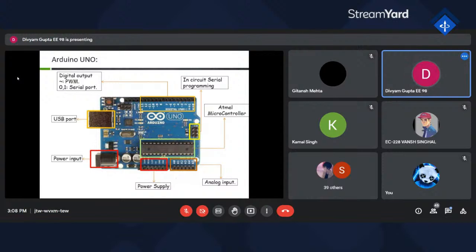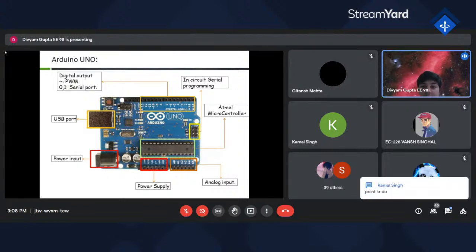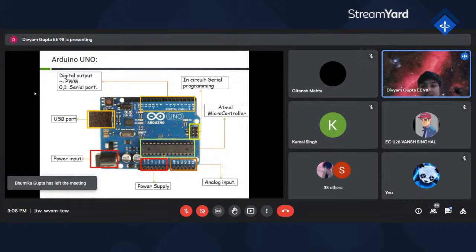Basically, when pin number 13 goes high, this LED automatically turns on, and when it goes off, it automatically turns off. Just below it, we can also see the ATmega 328 chip, a rectangular shaped box. This is basically the main heart of the Arduino board. It controls every function of the Arduino board, from the very basic to advanced. And you can also see we have 6 analog pins numbered from A0 to A5.